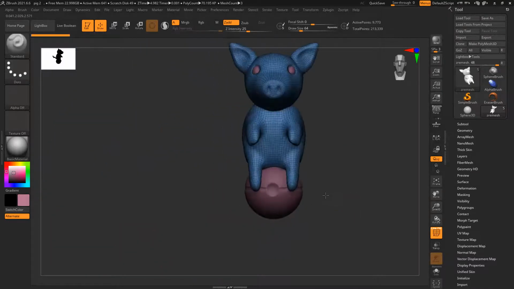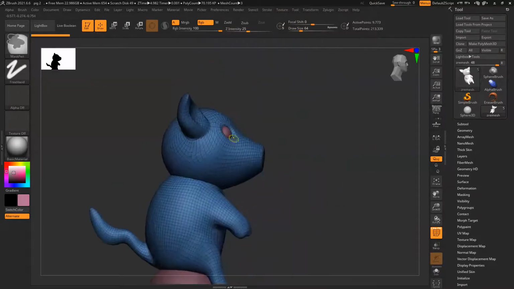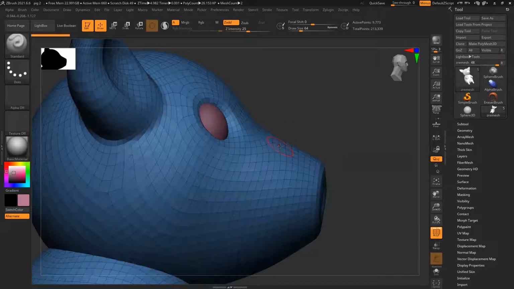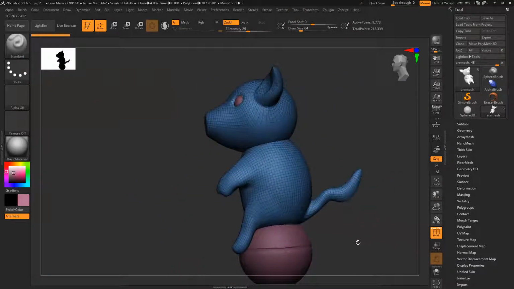Is it a Pokemon or something? Not Pokemon, sir. I did a pig as a Pokemon. Okay, so you have a reference for this? No, sir. I did my own. So how can I say anything? It's in your brain, it's your vision. I just drew it in 2D, sir, then I did it in 3D. I don't know what you are imagining and what your idea behind it is, so I really can't suggest anything. Maybe in your head you saw it like this, so how can I say it's wrong or right?